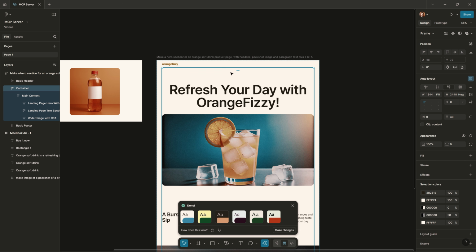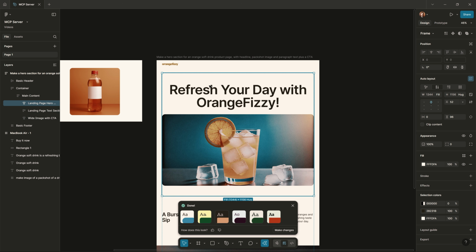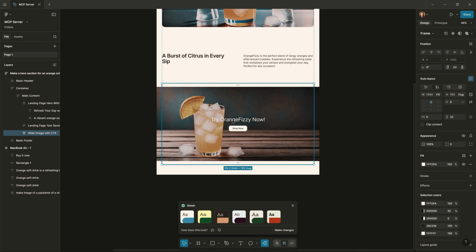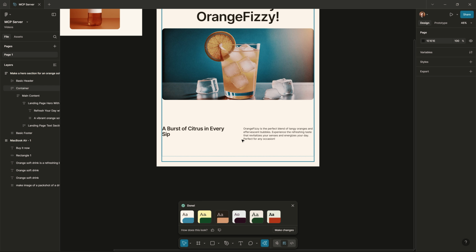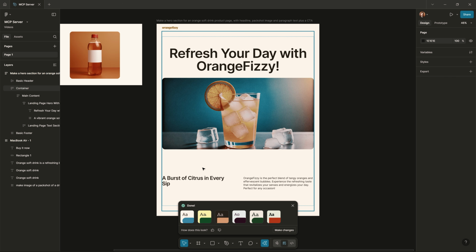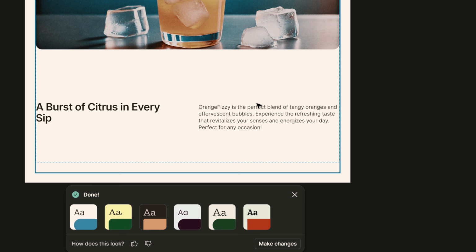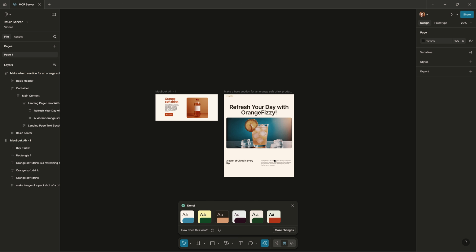And plus we have auto layout applied already. So we have a padding and everything else. All good. I don't need these parts actually. Here we have the whole page, but as long as I have this image, headline, and down here a paragraph text, we are good with our second version.